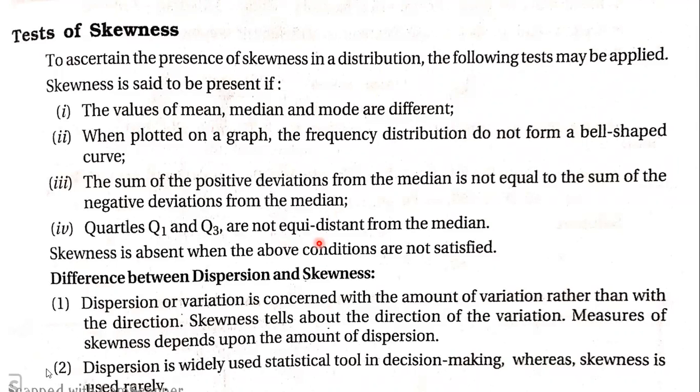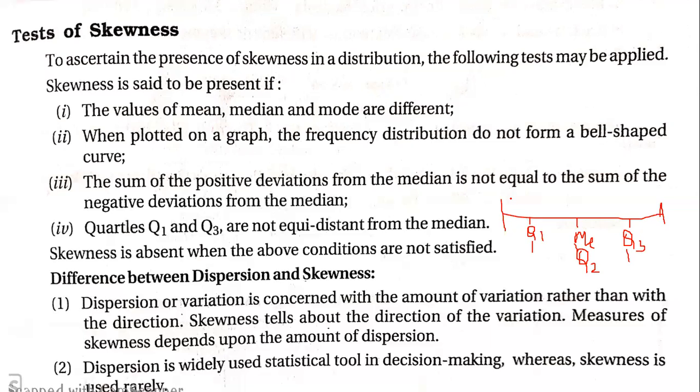So now the data can always be distributed into 4 parts. That is what we have learned in quartiles also all the time. First 25% of the data is called Q1. In between, that is 50% of the data, is called median or Q2. And next 75% of the data is called Q3. So we say all these three are at equal distances.